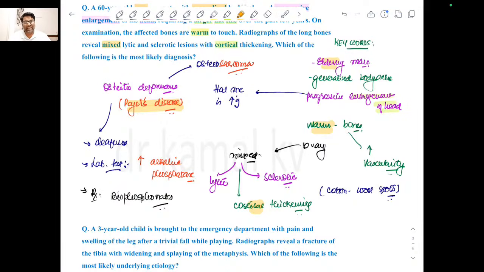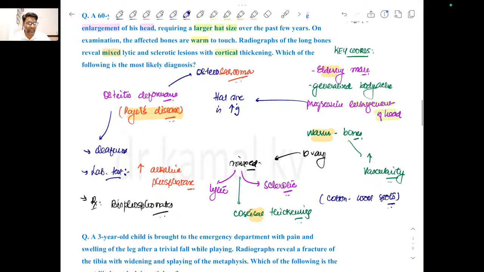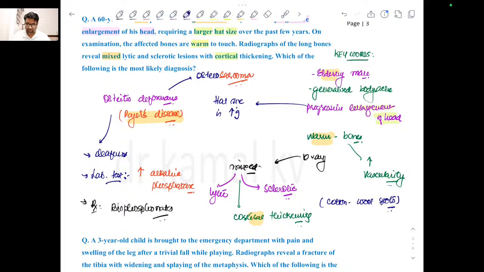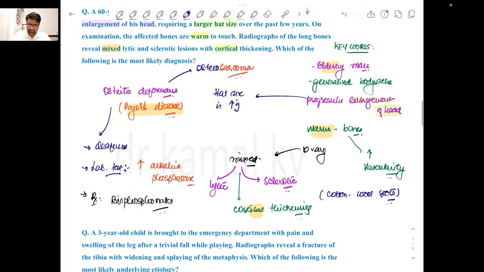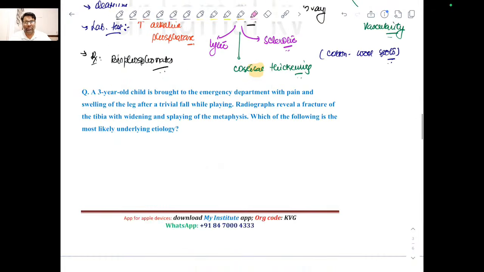And the bone architecture changes because there is an imbalance between the osteoblastic and the osteoclastic activity, right? So this is how you should remember this condition, very important from exam point of view, Paget's disease or osteitis deformans. The next question, now this is a very favorite topic, like